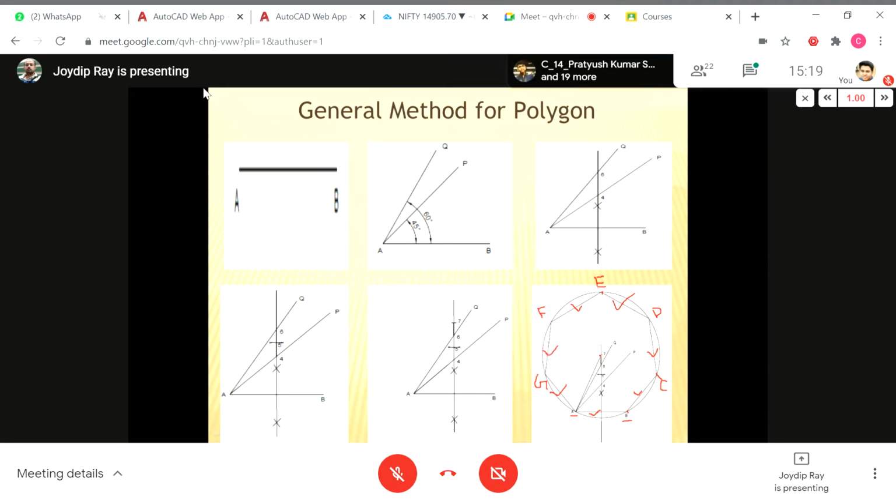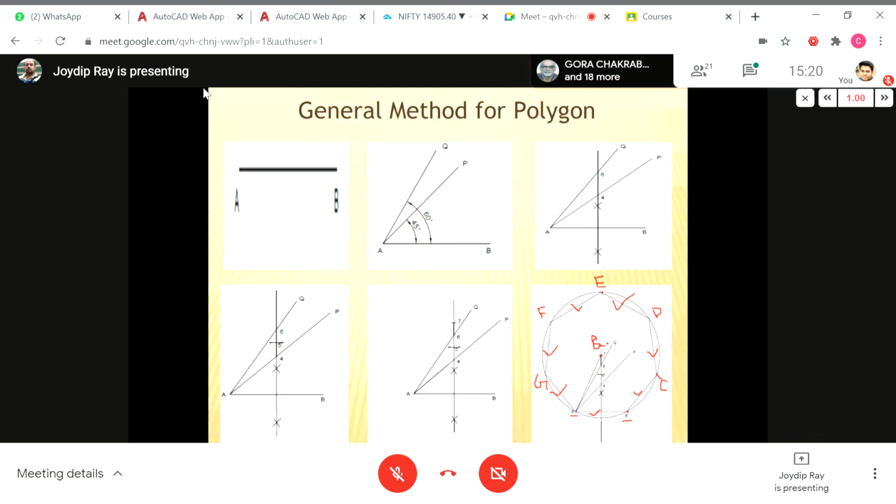So for this heptagon, we have considered point number 7. If it is an octagon, at that time we have to get the point number 8. We have to place our compass at point number 8, take the measurement 8 to A, and placing the compass at point number 8, draw the circle, with the same method as the heptagon.